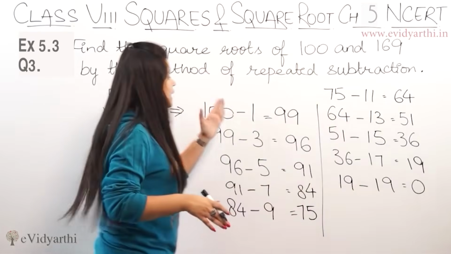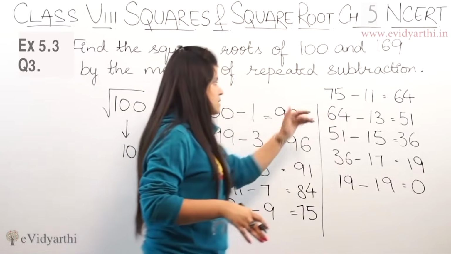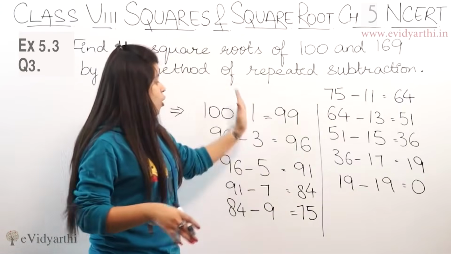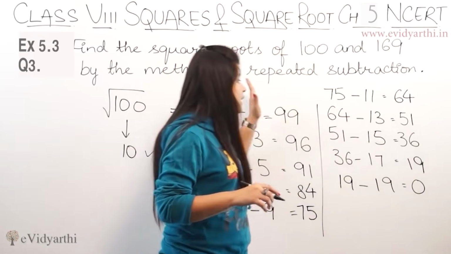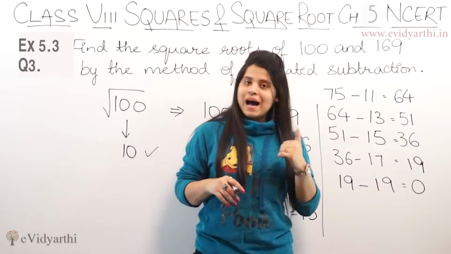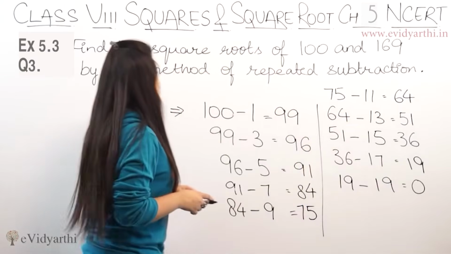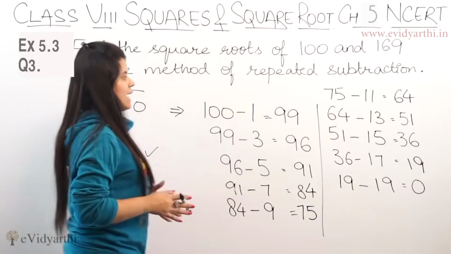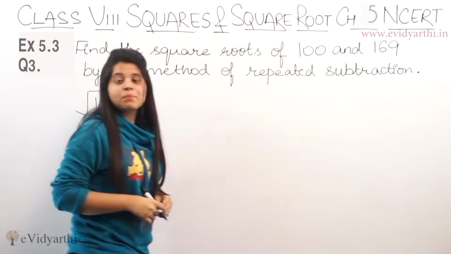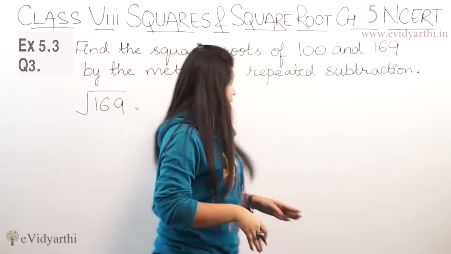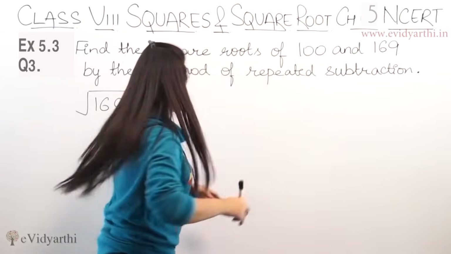Understand हमने क्या किया? नंबर लिया and then odd numbers starting from 1. odd number से हम माइनस करते हुए चले जब तक 0 नहीं आया and फिर जिस स्टेप पे 0 आया वो आंसर हो जाएगा. So similarly, next number है 169. Now the next number we have is 169. Again हमें repeated subtraction से करना है.